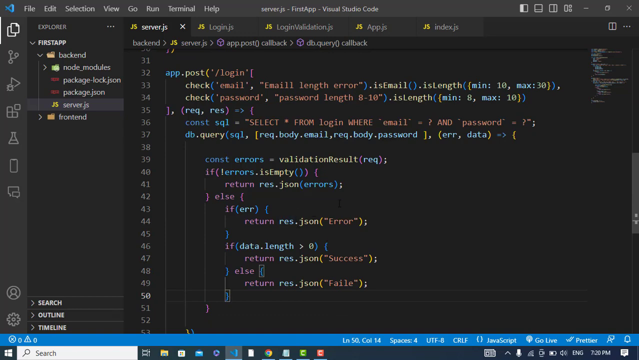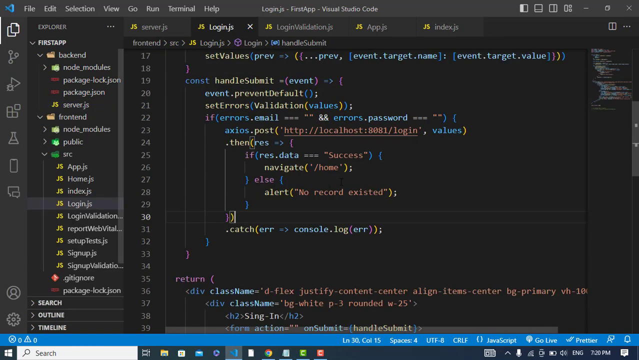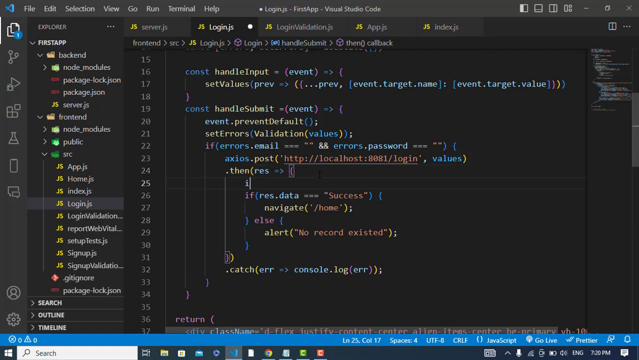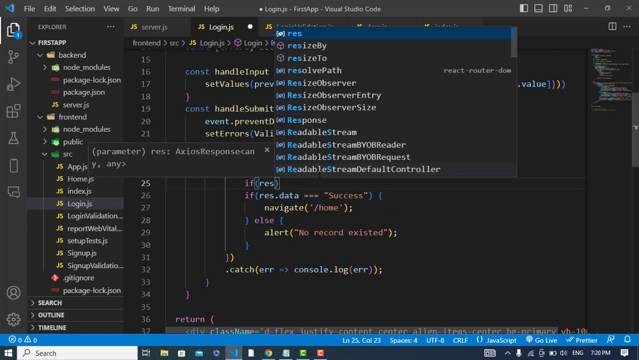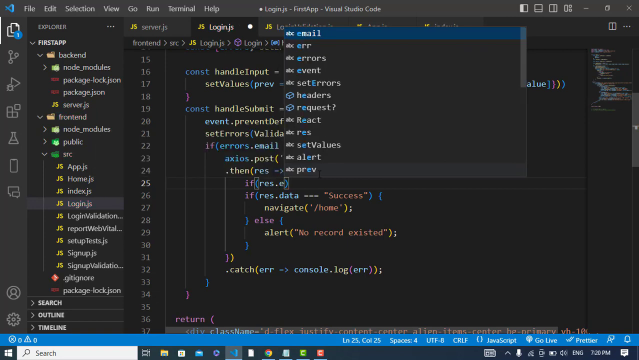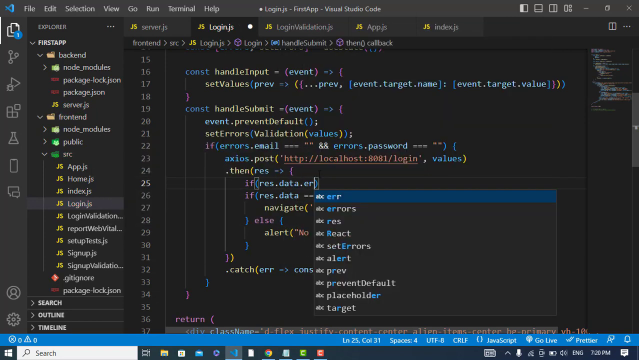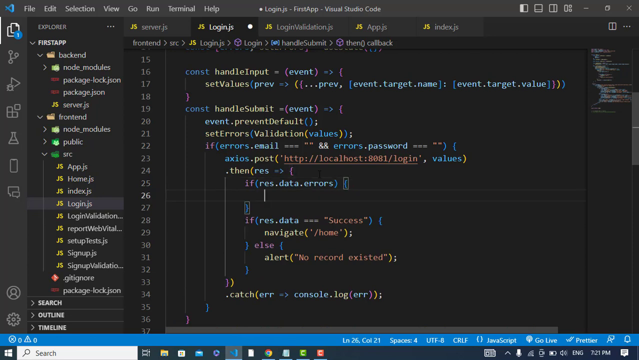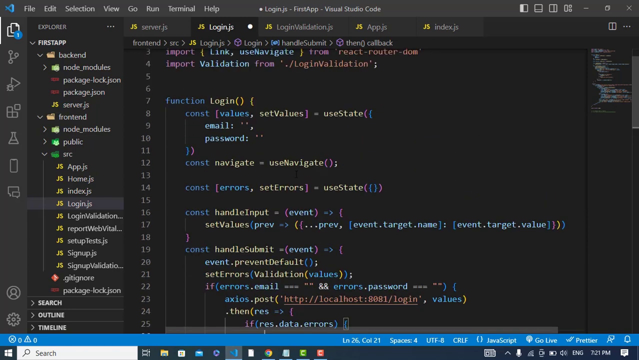Okay, so now let's move to the backend. We will display the errors to the user. For that, whenever we call this, we will get a result. So we will check now for the errors. If result.data.errors that we have returned from the backend exist, then we will create a state variable here,